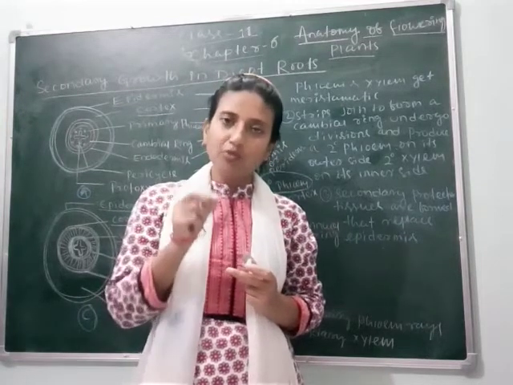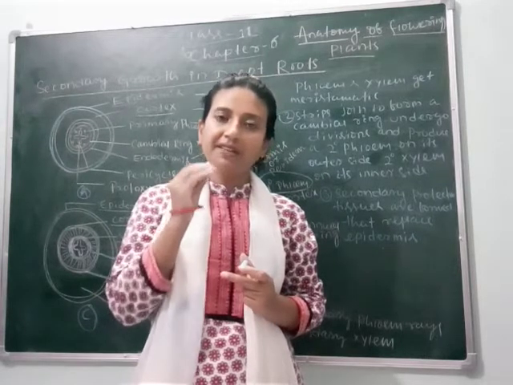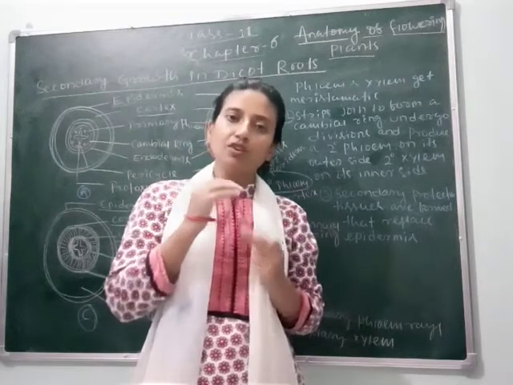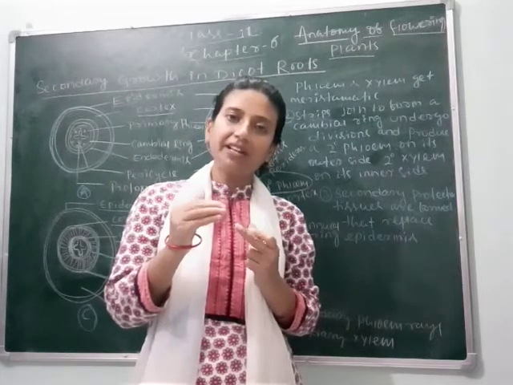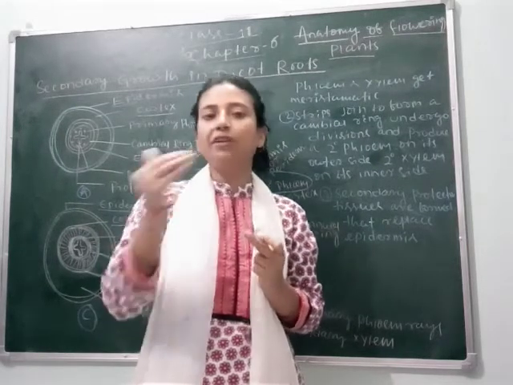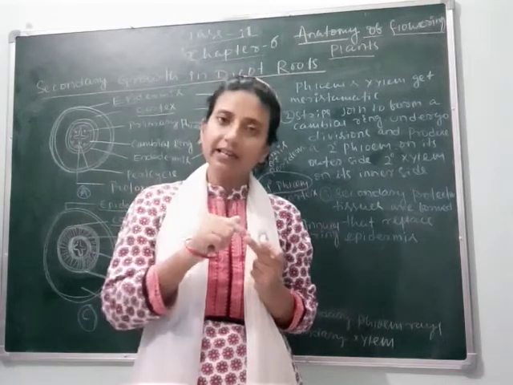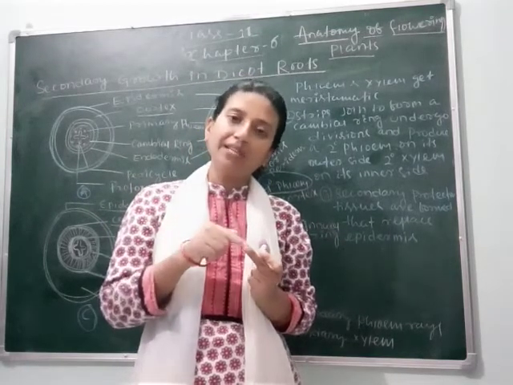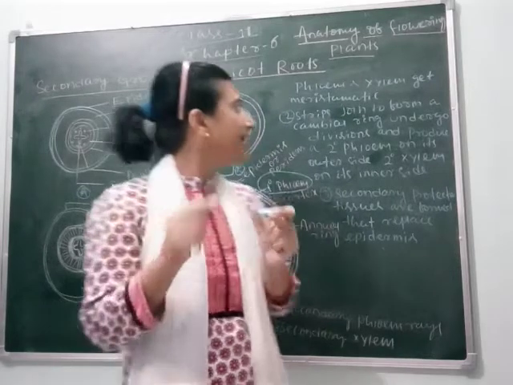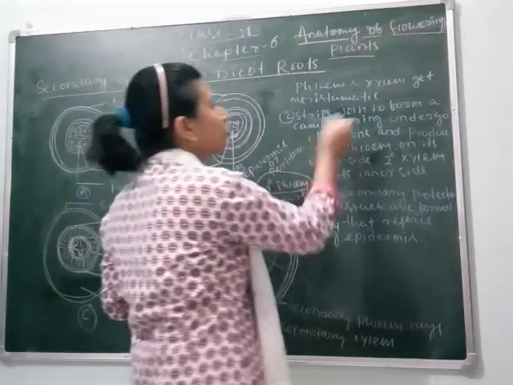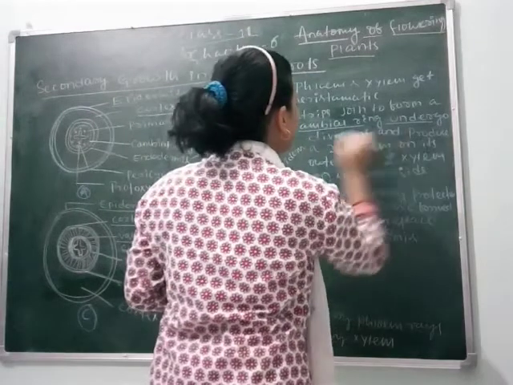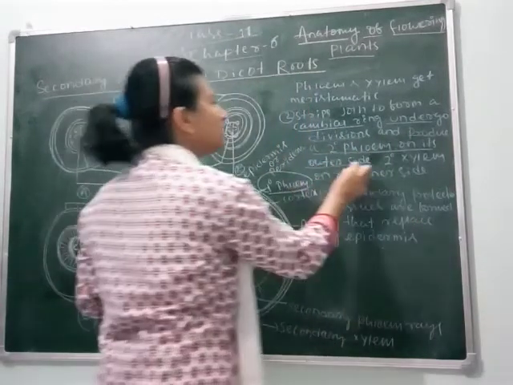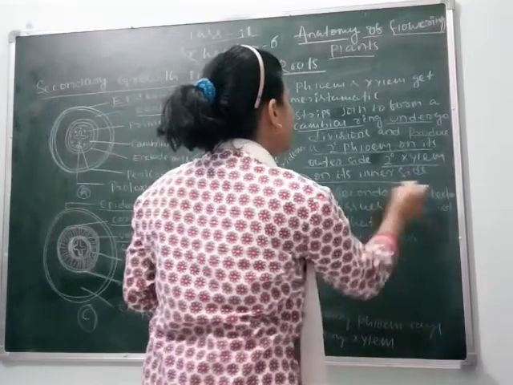Again I am telling you, meristematic activity means dividing capacity of vascular bundles. Clear? So phloem goes through meristematic activity and primary phloem is converted into secondary phloem. Exactly the same for xylem. Xylem goes through meristematic activity and primary xylem converts into secondary xylem. So strips join to form a cambial ring, undergo divisions and produce secondary phloem on its outer side and secondary xylem on its inner side.